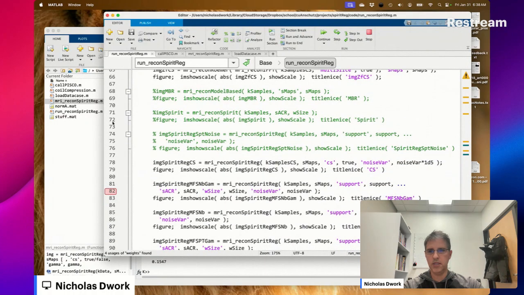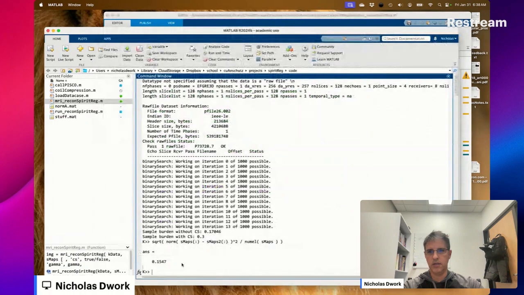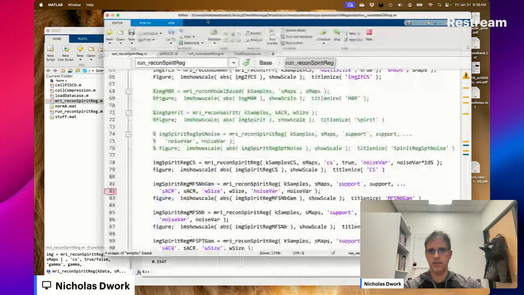These are reasonable numbers. The other one was 0.2, right? So not drastically different.